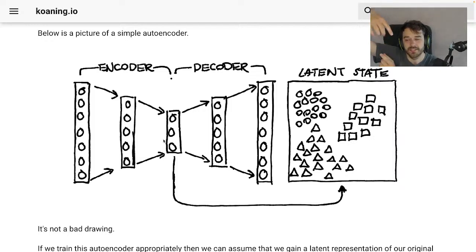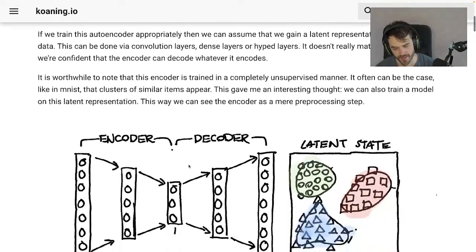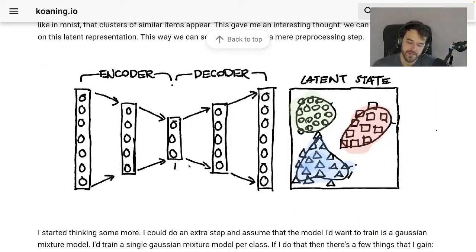But that also means that in that low dimensional space, you hope that stuff kind of clusters together. So I made this drawing over here, and I was looking at it, and it's not a bad drawing, but given that we've got this encoder and the decoder, what might we be able to do? I started thinking, it would be nice if, for the clusters that appear in the middle, we train a Gaussian mixture model on that.